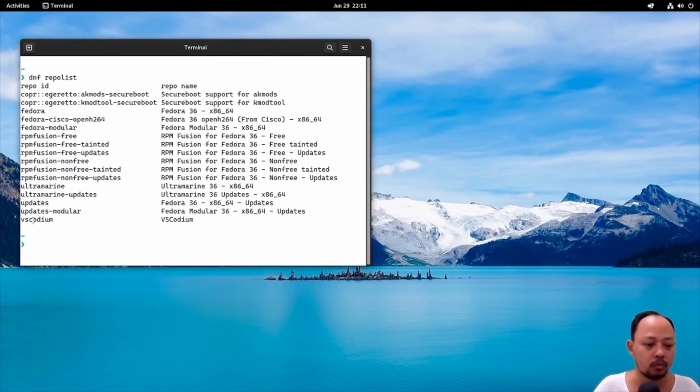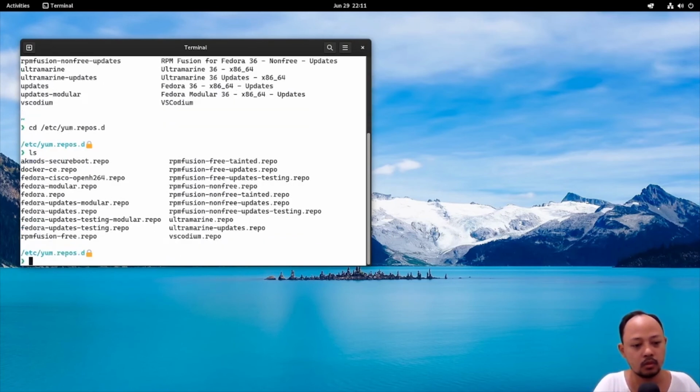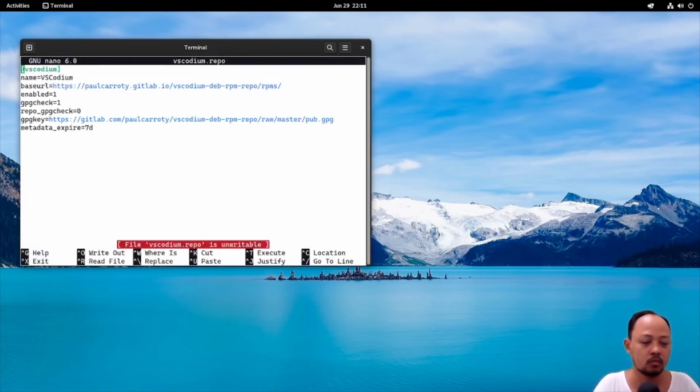VS Codium, I don't know about this. Let's check. VS Codium. I think it's like VS Code, but the open source version maybe. Let's try.